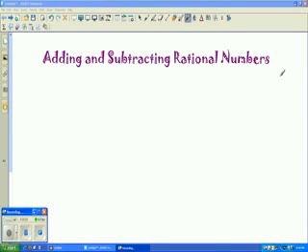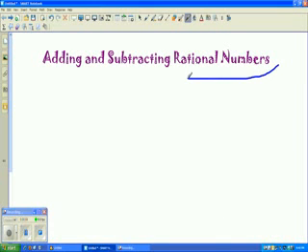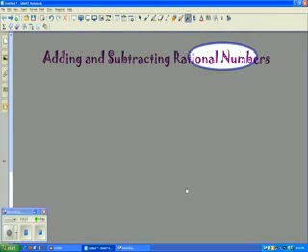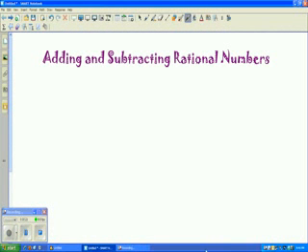This is your tutorial on adding and subtracting rational numbers. If you take a look here, rational numbers are just numbers that are ratios. See the word ratio here? And one way you can express a ratio is a fraction. So rational numbers are numbers that are fractions, and we're going to be adding and subtracting both positive and negative